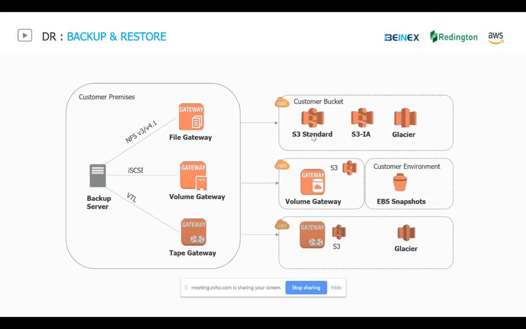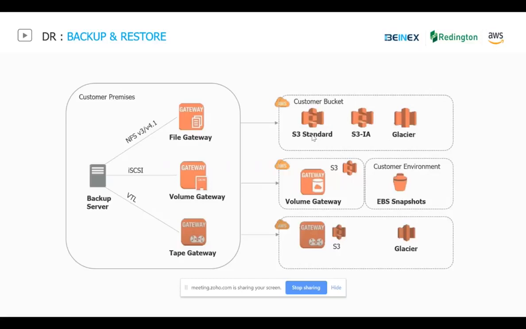But you can directly use your backup software. You can configure most of the predominant backup software, like Veritas, ArcServe, Rubrik, Cohesity, or NetApp backup software. You have the option of creating a tape gateway on AWS, and your backups from your backup server can be directly written to the AWS virtual tapes as well. Automatically, when you have saved these tapes, they are transported using the AWS backbone network to AWS S3.